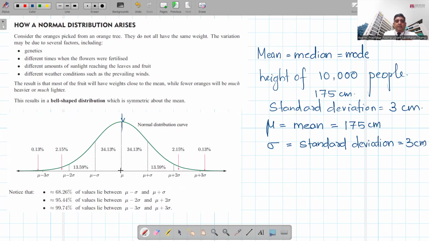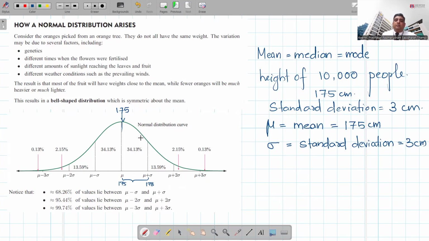That means 175 is here. From here to here is mu plus standard deviation. That means 175, this is 178. So this diagram, if the data has a normal distribution, what it means is